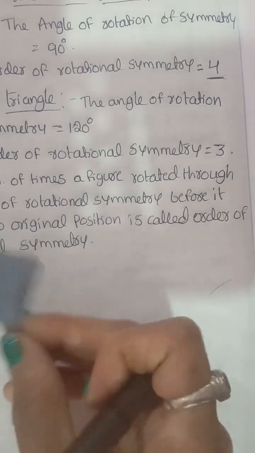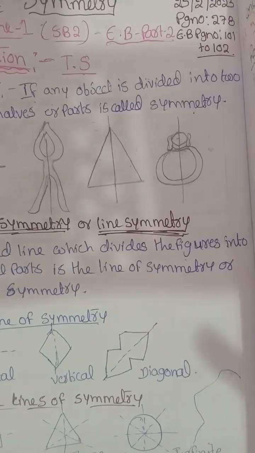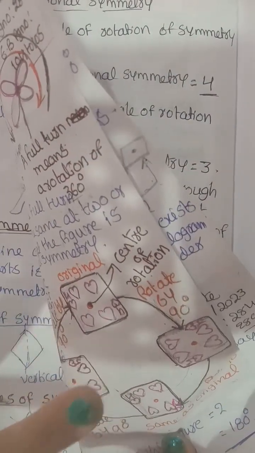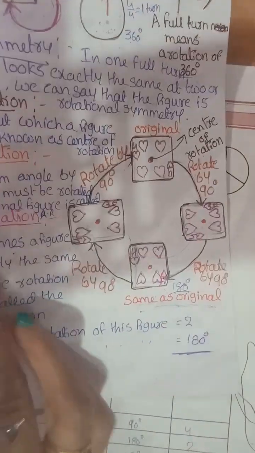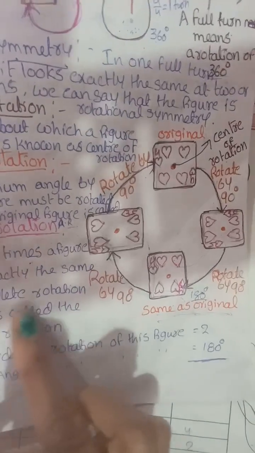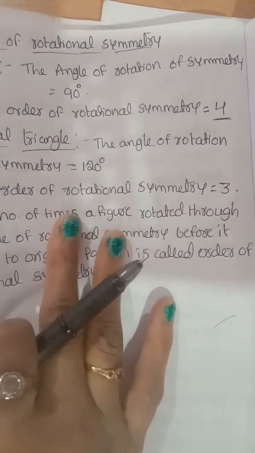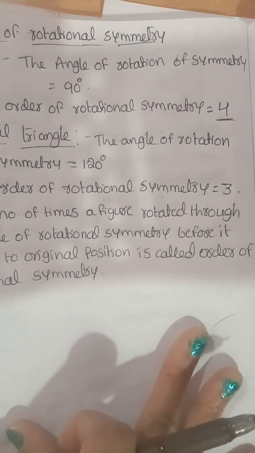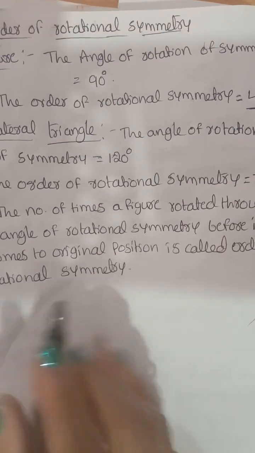So do you understand Gagan Sai? That is the definition of the order of rotational symmetry, and the pin code example is also over. Your previous class and your textbook definitions are also there. The number of times a figure looks exactly the same in a complete rotation of 360 degrees is called the order of rotation. Both definitions are there, and you can practice with either. Order of rotation. Do you understand Gagan Sai?